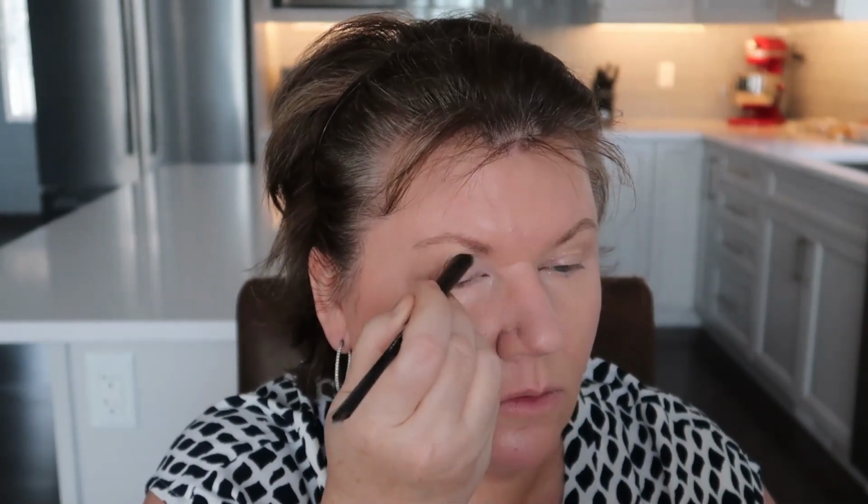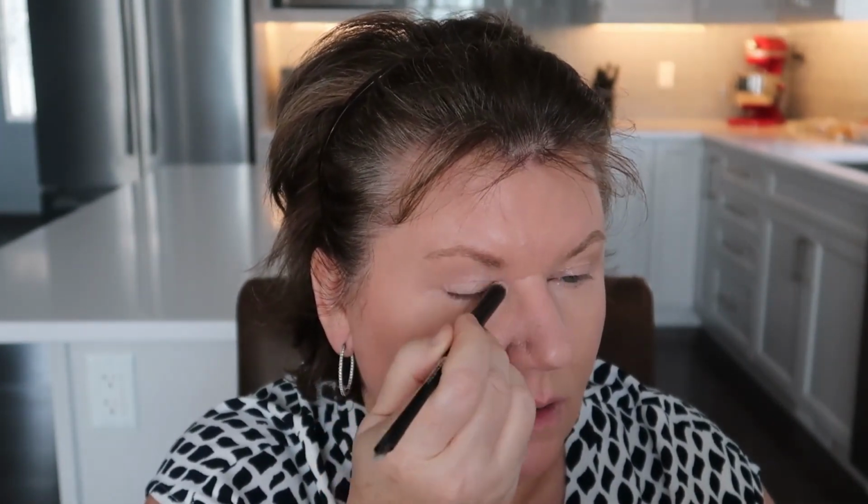So I still have a little bit of peeling going on from the chemical peel I had. That must be a month ago now. I'm just using my little favorite It palette, and all over I'm going to put the first one, Imagine. So I'm scheduled, I think, in 2 weeks for my second chemical peel, and I can't